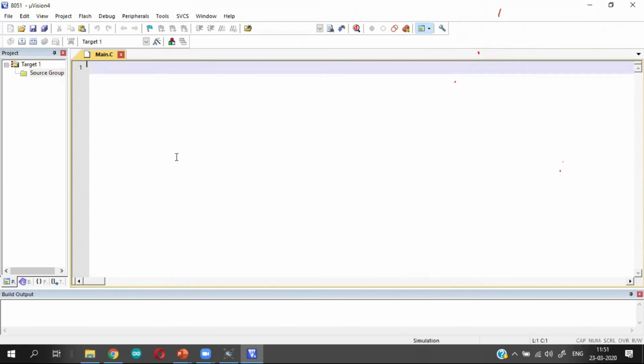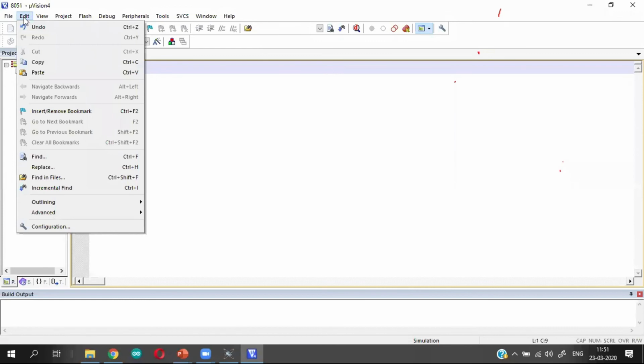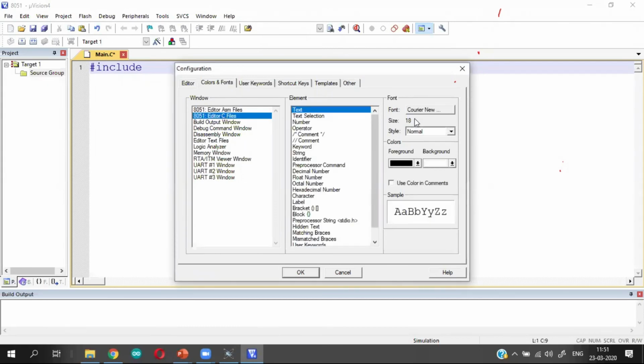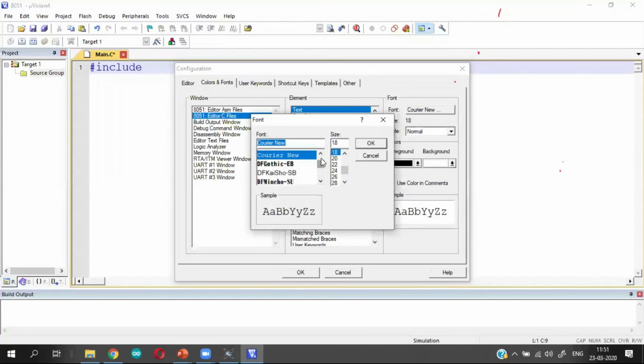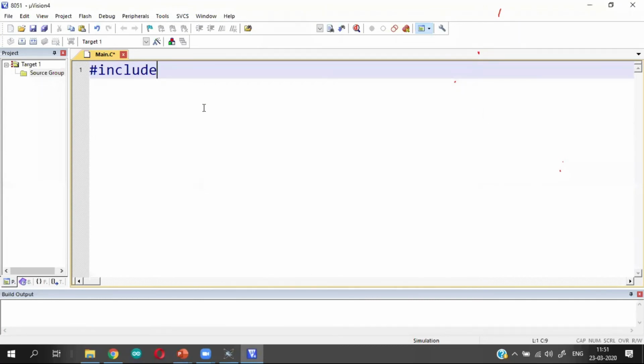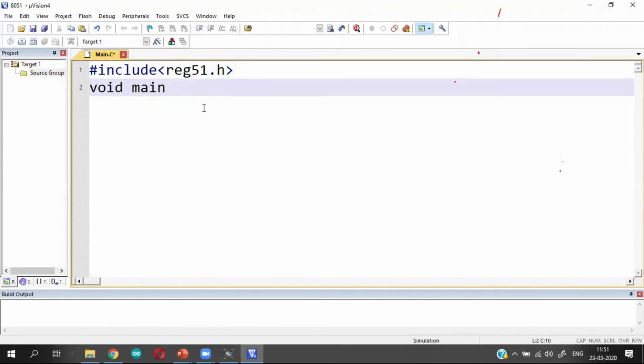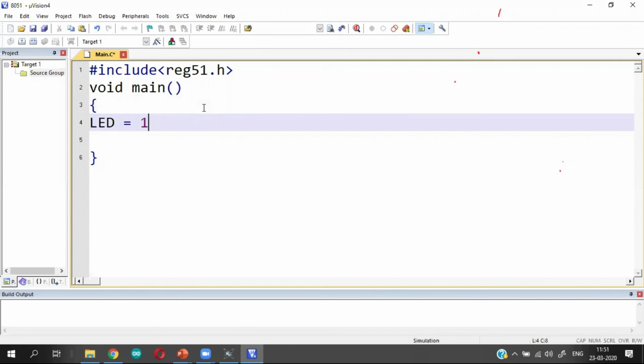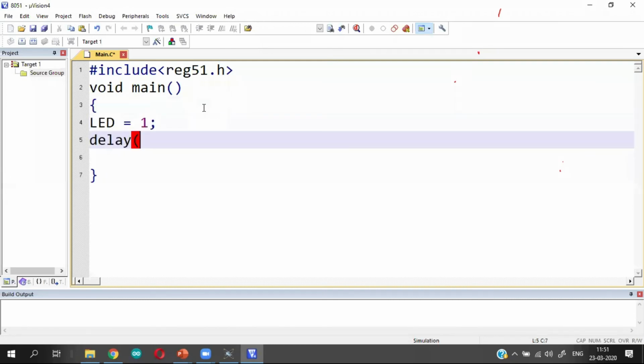So #include <reg51.h>, void main. LED equal to 1, delay.